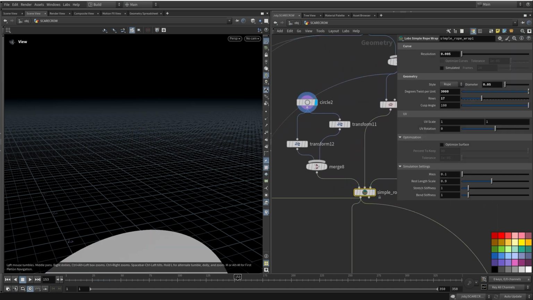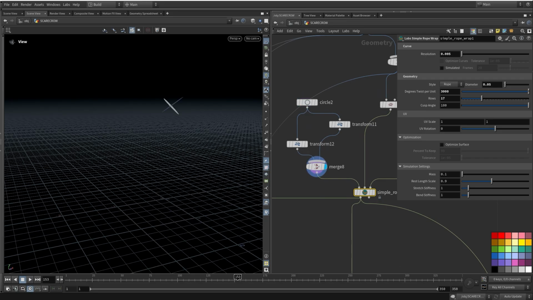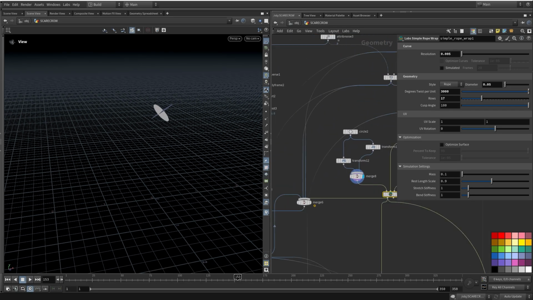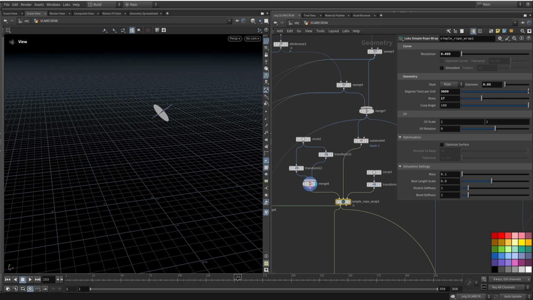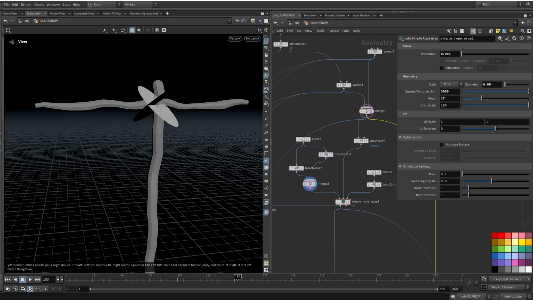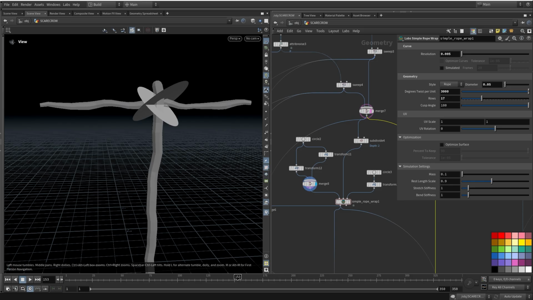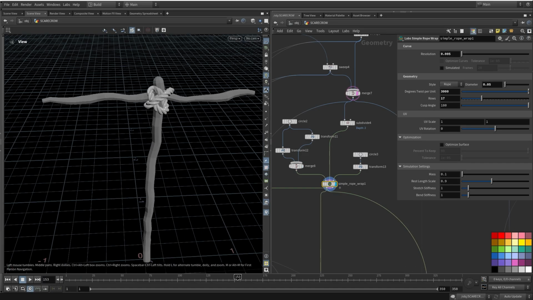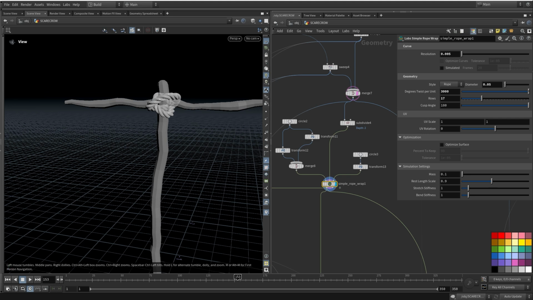So there's 2 circles, which is placed on that cross part of 2 trunks, and then the node does the rest. Okay,